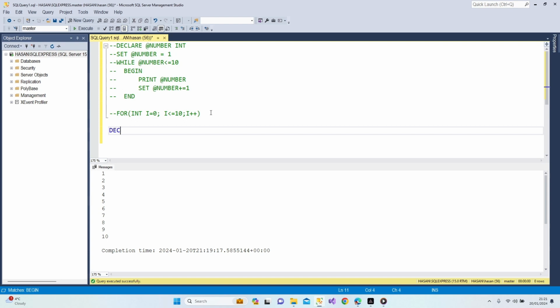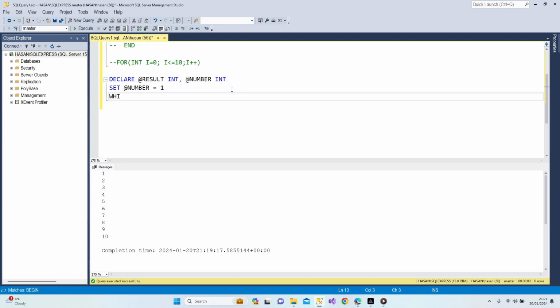Let's declare result integer and number integer, and set number to 1, and let's use while number is smaller than or equal to 5,